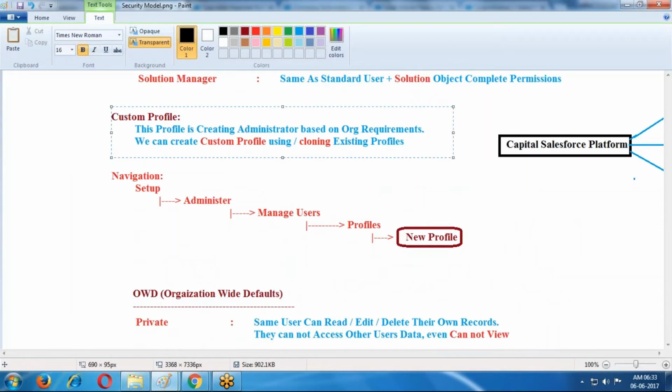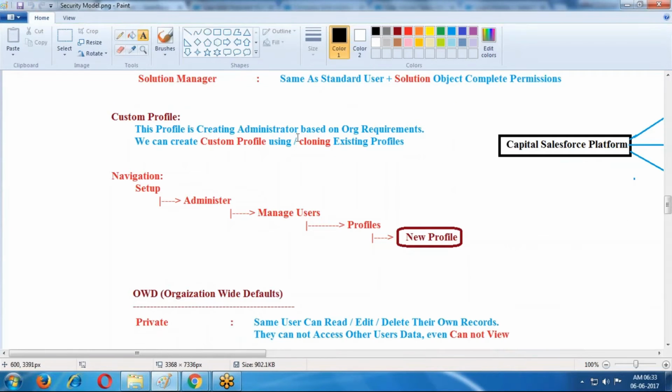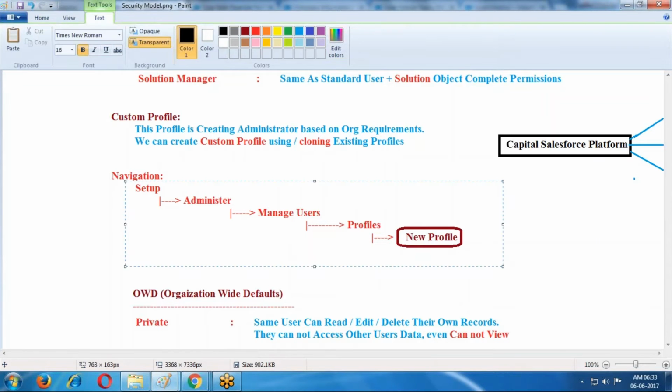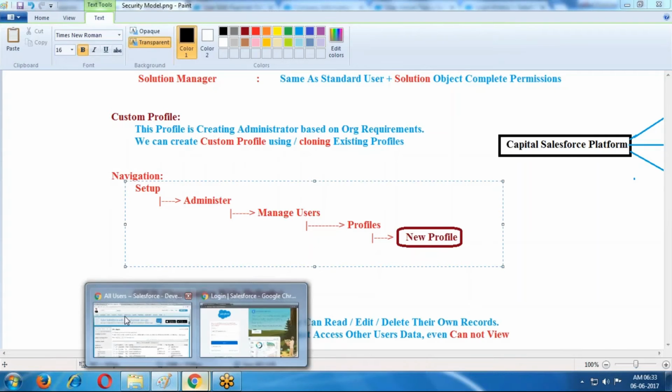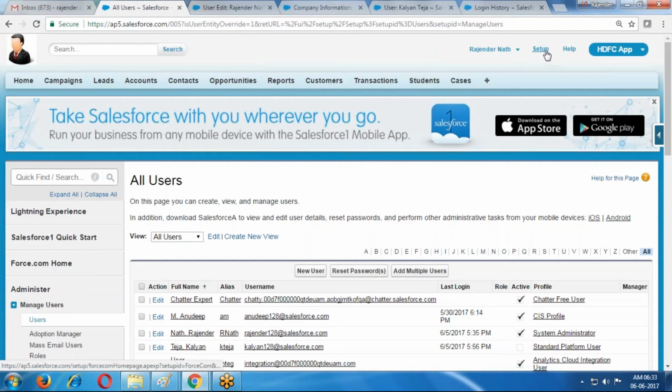You clone any one of the profiles and create your own. To create a profile, go to Setup, Administer, Manage Users, Profiles, and use New Profile to create the profile.